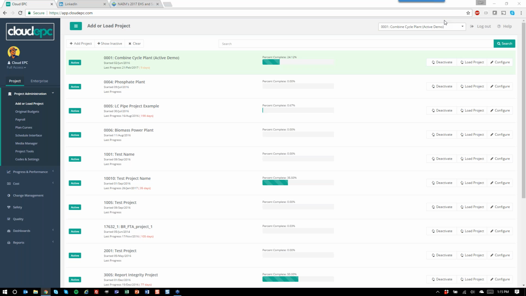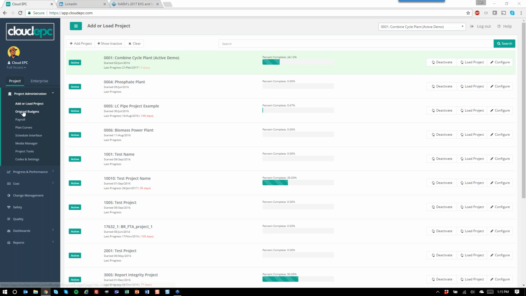But because we have a way to tag attributes to each project level, you can then roll projects up to an enterprise level and start performing analysis at the more portfolio level. So you can analyze projects by geographic region, whether it's union or non-union, the commercial terms of the contract, and a host of other types of attributes to start looking at different ways to slice and dice your portfolio of projects.